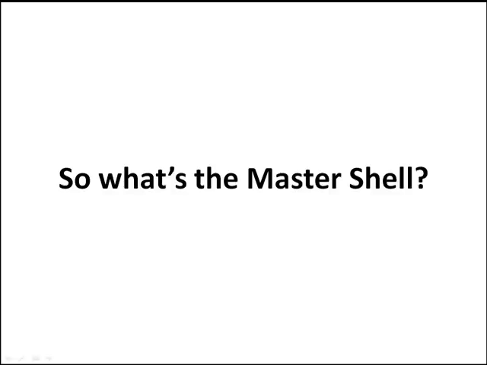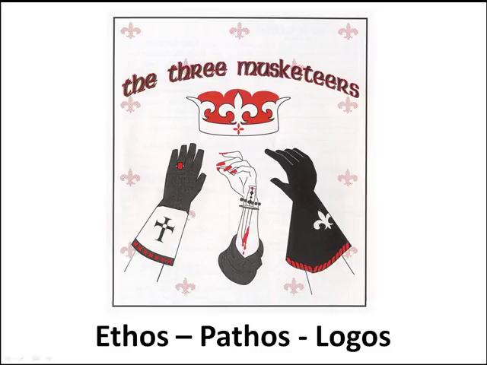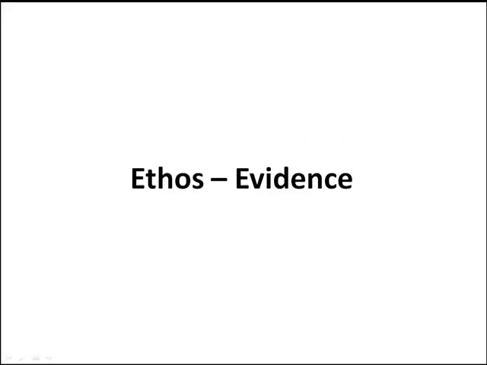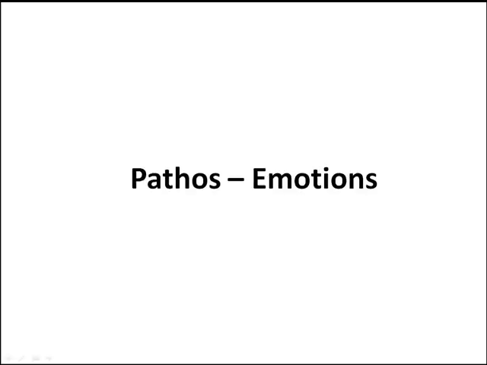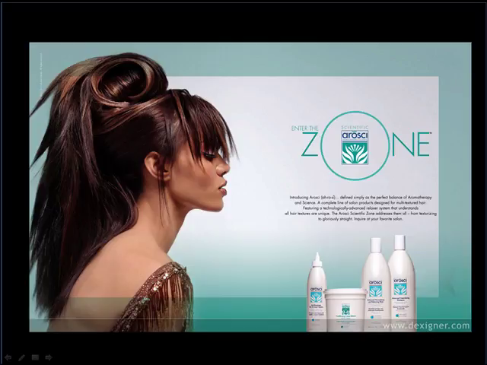In order to learn it, I want to introduce you to 3 friends. These are the 3 musketeers of speech: ethos, pathos, and logos. Let's look at them one by one. Ethos is evidence. Pathos is emotion. Logos is logic. All right, let's take a look and see them in action. The best evidence is action. So let's take a look at